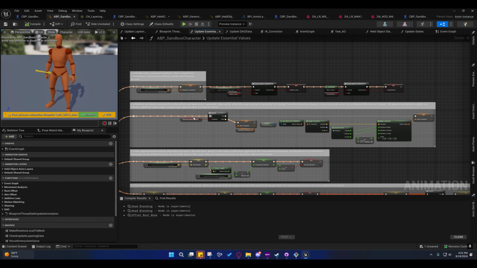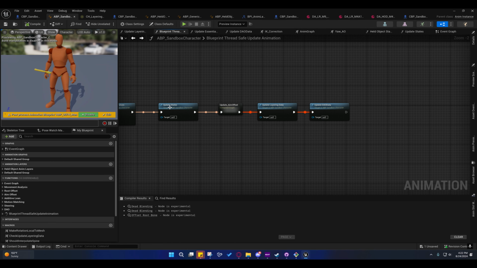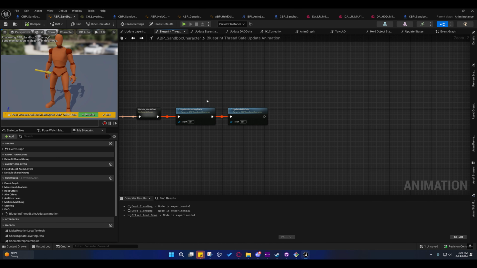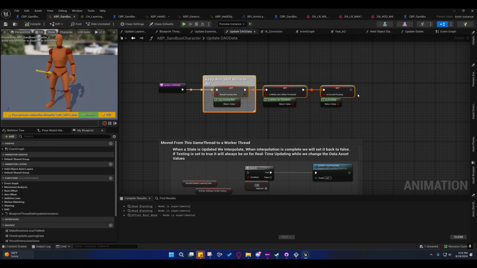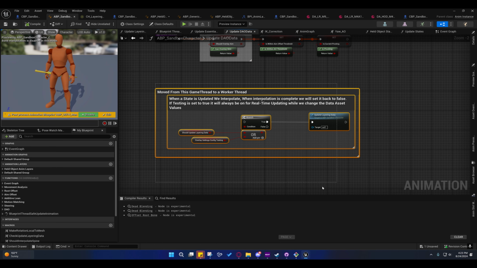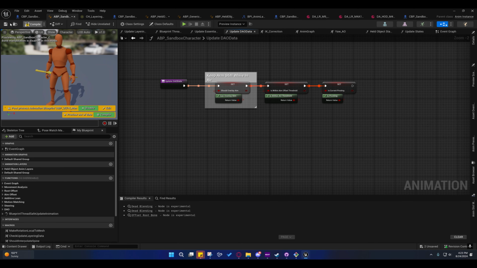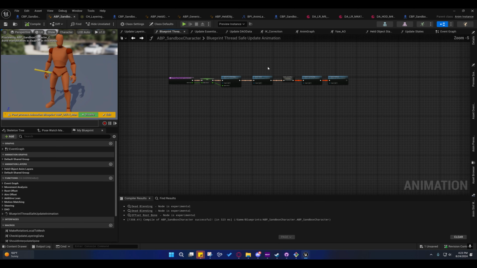The essential values and the update states, the update layering information, and the update DAO stuff, where I'm just caching these values. Should probably just remove that now. But yeah, so